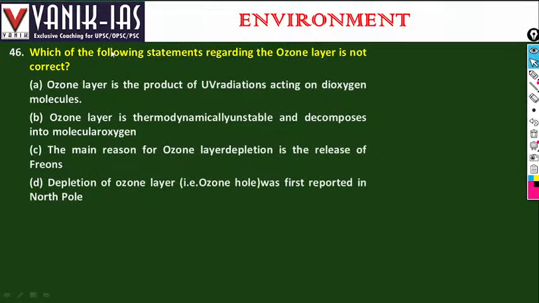Which of the following statements regarding the ozone layer is not correct? Ozone layer is a product of ultraviolet radiations acting on dioxygen molecules. Ozone layer is thermodynamically unstable and decomposes into molecular oxygen. The main reason for ozone